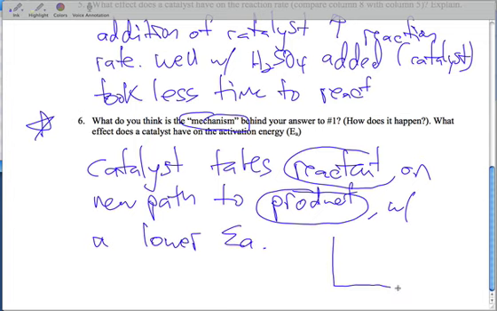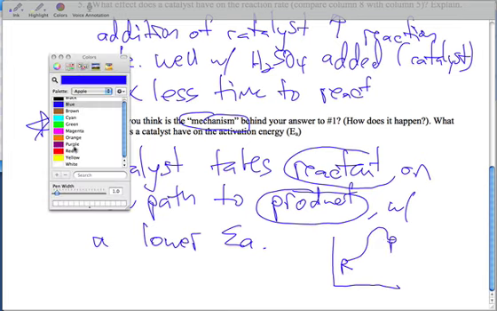So if you reflect on our diagram, there's reactant, there's product. Okay, the catalyzed pathway is just going to have a lower energy required, so the reaction is happening at a faster